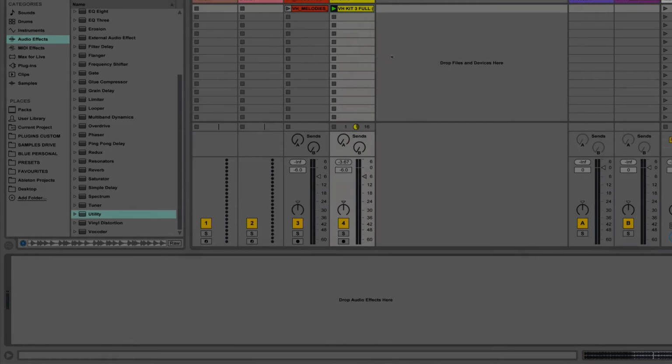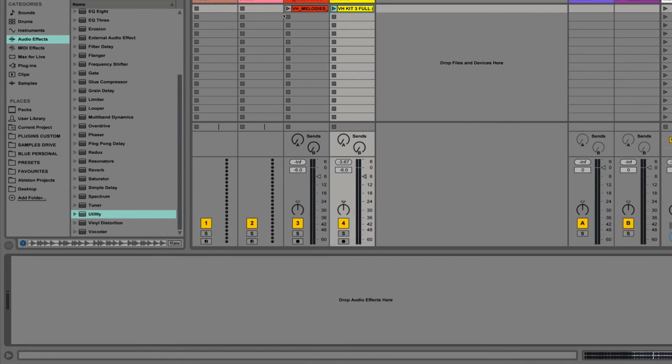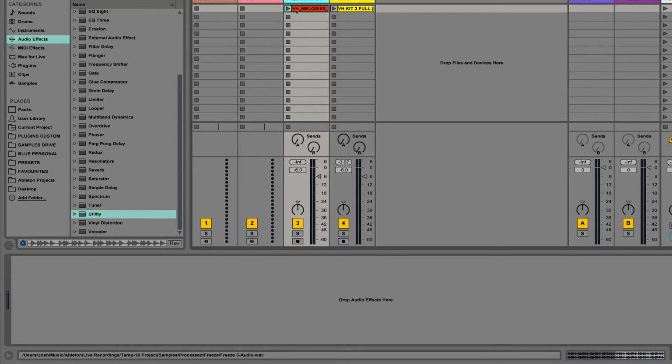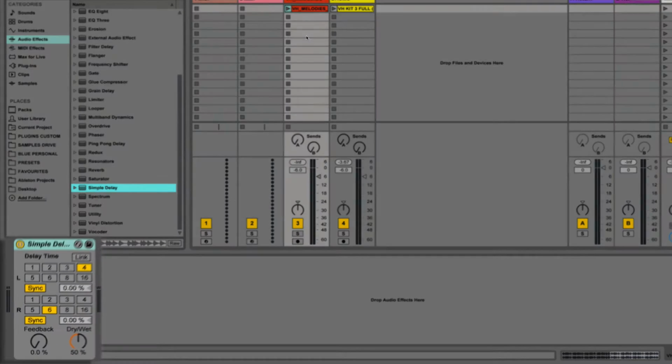The next technique we're going to use is called the Haas effect, or the precedence effect. What this basically means is if we have a sound, it can come from two different directions, and as long as the sound is within 5 to 35 milliseconds of each other, then we're going to think it's the same sound. So what we can do to emulate this is use a simple delay,